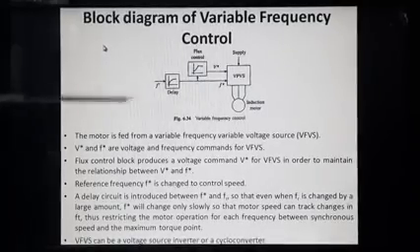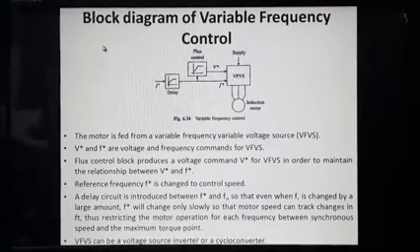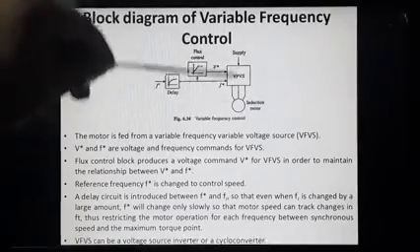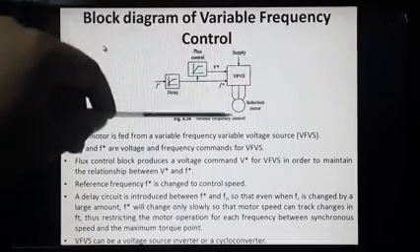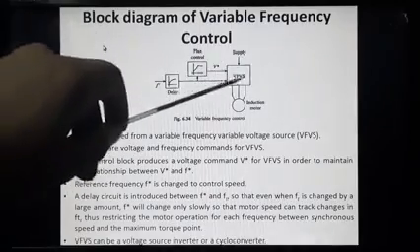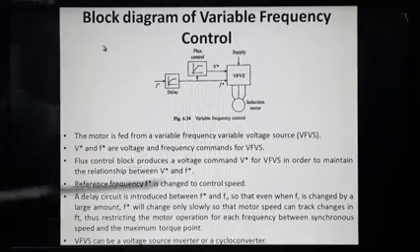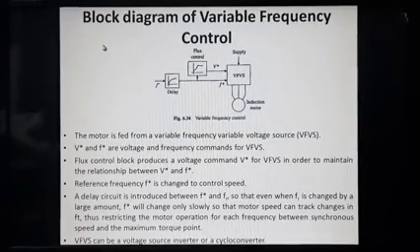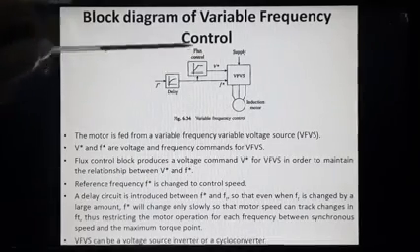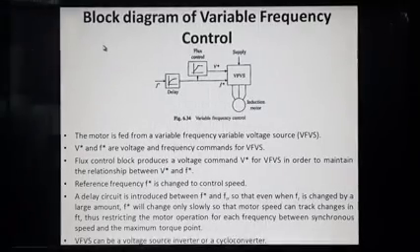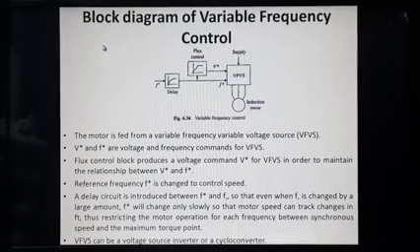Then you might be thinking, what is the purpose of this delay circuit here? Anyway, the flux control block is clear for you. This is actually the voltage source inverter or current source inverter. We will be providing supply to that inverter, and its switching pattern will be changed in order to achieve the variable frequency or variable voltage here. What voltage it must be switched at, or at what frequency, will be provided by the flux control block here.